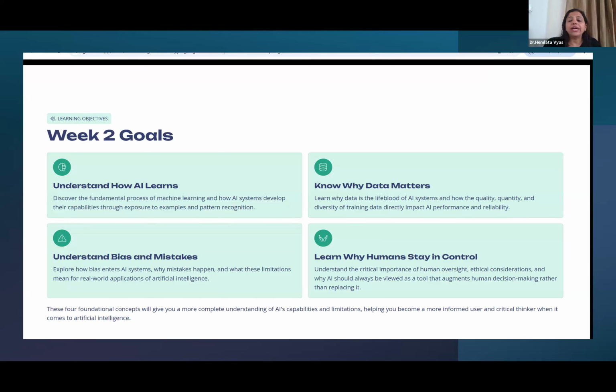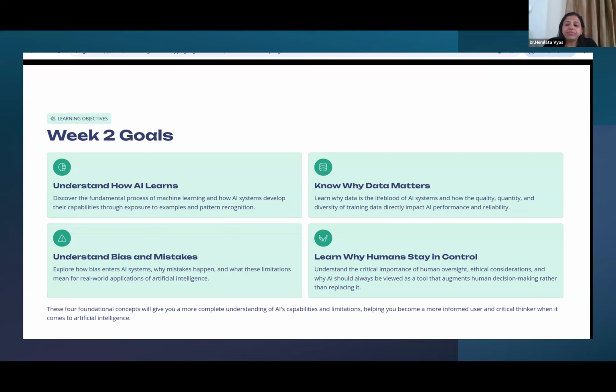When we talk about inaccuracies or inconsistencies in the data, or the outliers in the data, these all introduce bias into the data. So we have to understand the bias and what the mistakes are.